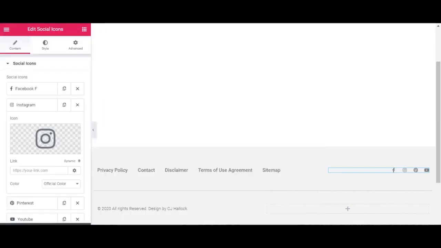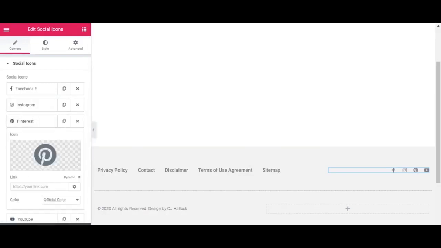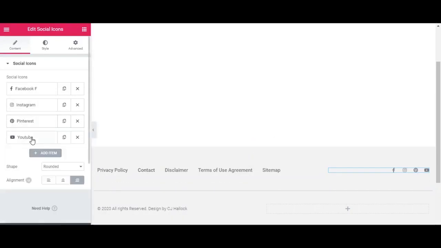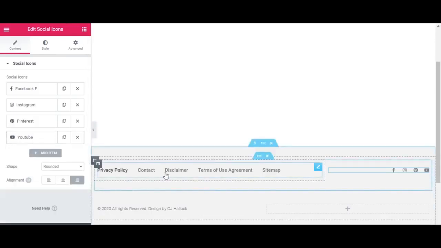So we're just copying and pasting and bringing those over here. Paste in the Instagram link, the Pinterest URL for my board for this, and then the YouTube link for my channel. All right, now that I have that, we have the menus here, we have the footer, and I might actually